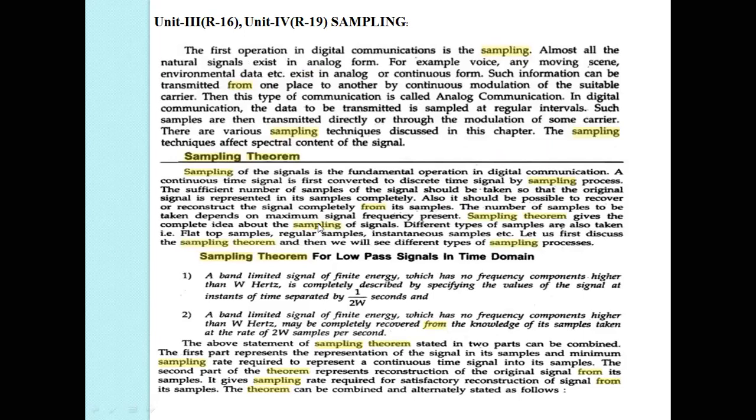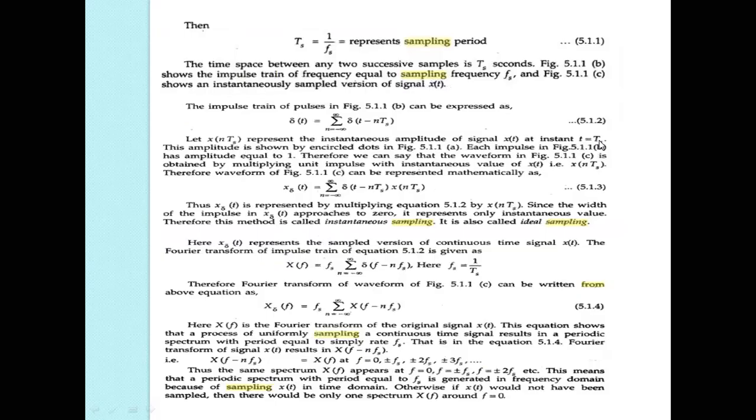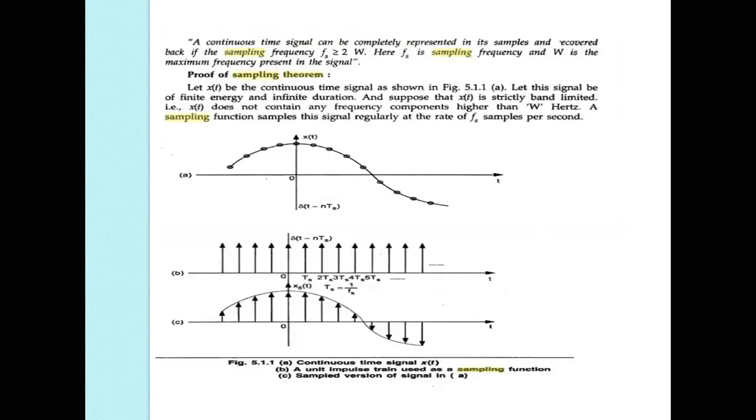You see here how the number of samples to be taken depends on the maximum signal frequency present here. How many samples you can take depends upon the maximum signal frequency. Understood, my dear students? That is here the omega. A continuous time signal can be completely represented in its samples and recovered